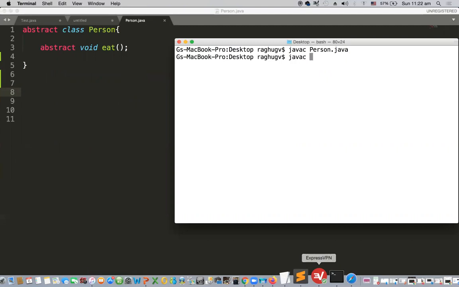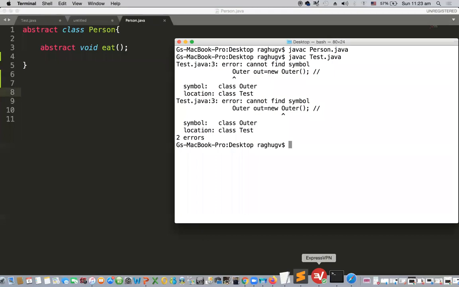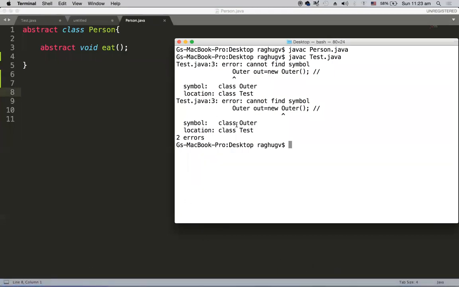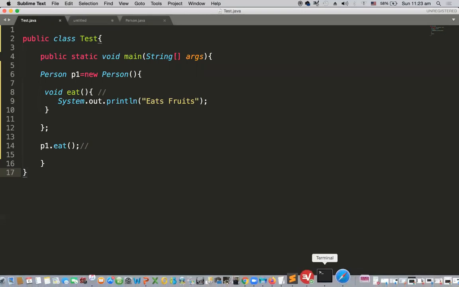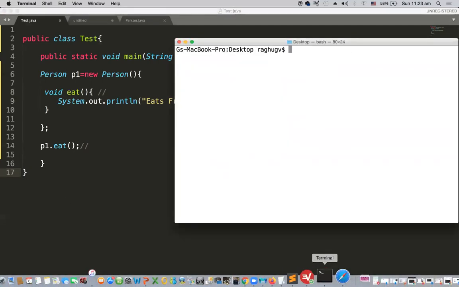And let me compile Test.java. javac Test.java. Cannot find symbol Test actually. So let me save this Test file, because it was already saved with another implementation. Yeah, so now we will not get that error. javac Test.java, successfully compiled. So now when I say java Test,